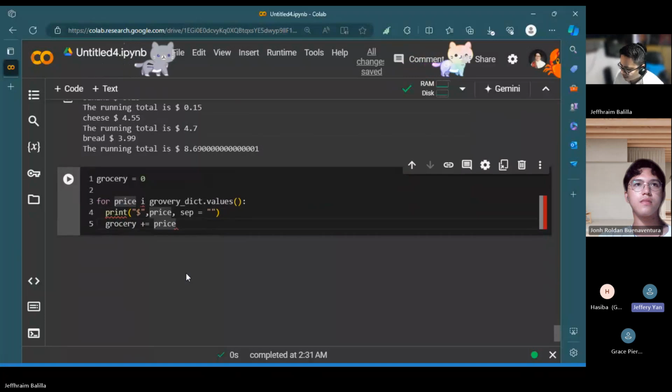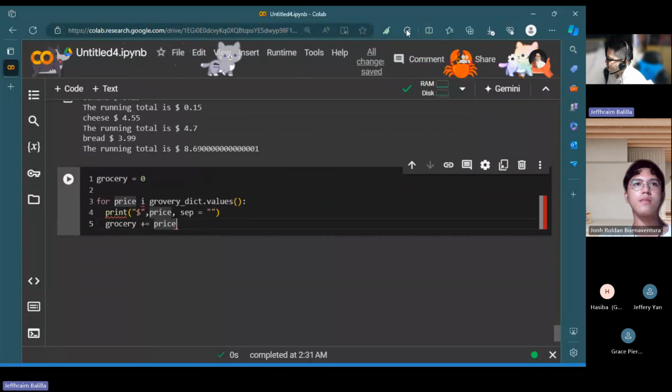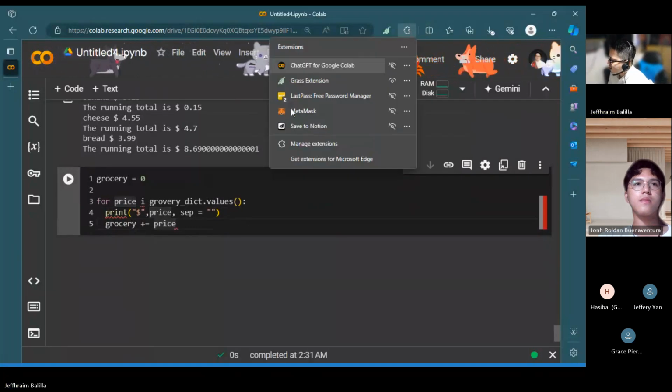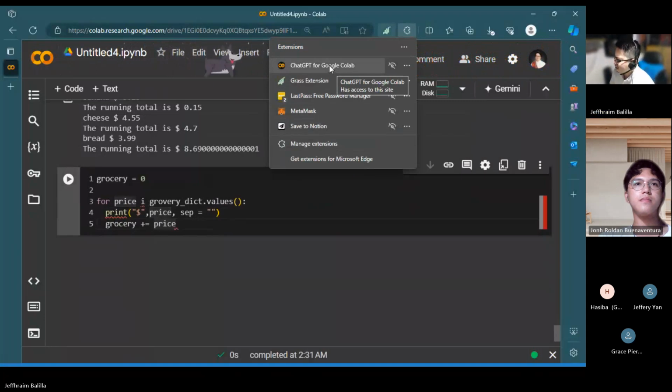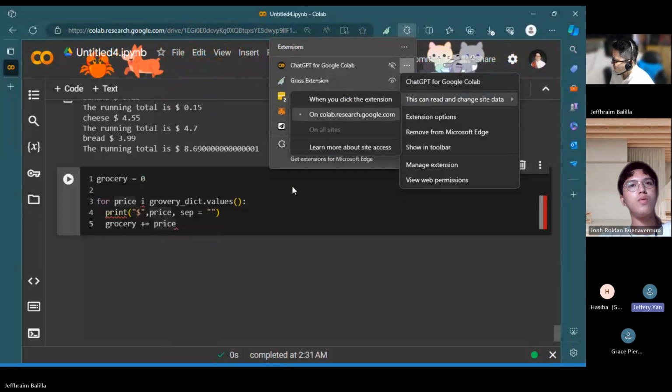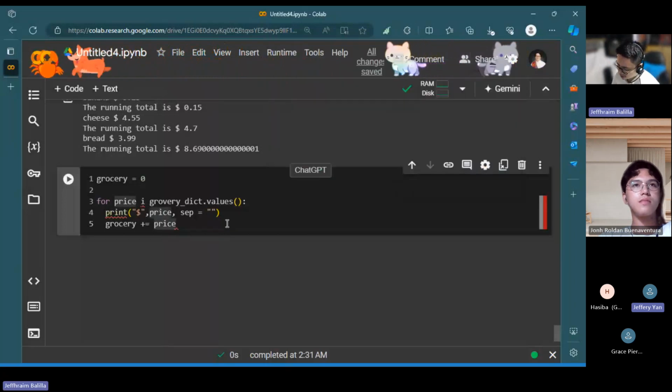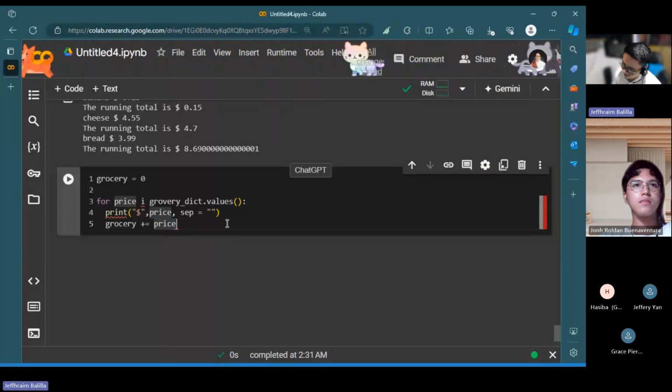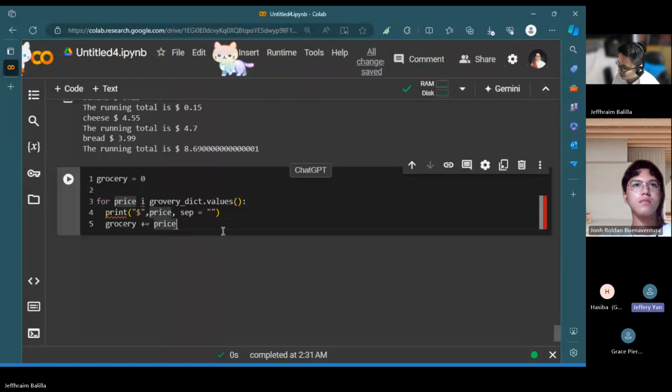Which plugin is it that lets you put ChatGPT in there? Let me see my plugins here. ChatGPT for Google Colab. Okay, interesting. Because I actually have a 4.0 membership that I pay for. So I wonder if you can also access the 4.0 too, right? I have free access for the free version, but for this paid version, can you select the version of ChatGPT?